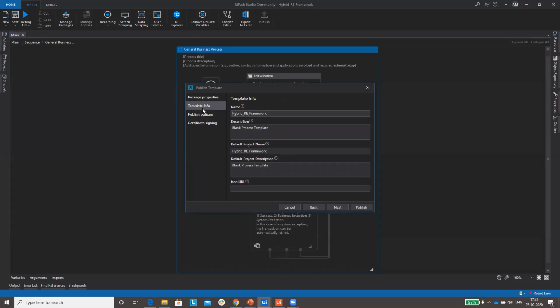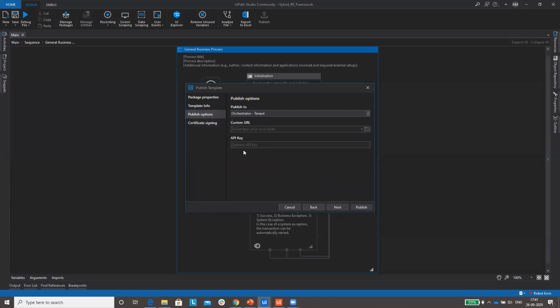Here you have template information and a publish option where you are supposed to publish. Since you signed in already, with single sign-in, it will be published by default to the Orchestrator tenant you are connected to. In my case it will be alpha.uipath.com. In your case it will be cloud.uipath.com.